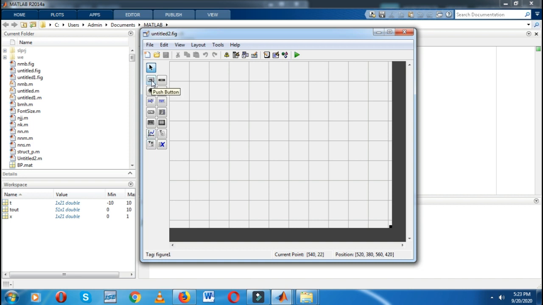The first one is the push button, then slider, then radio button, then check box, then edit text button, then static text, then pop-up menu, list box, toggle button, then we have the axis button, then the panel button, then button group, then ActiveX control. So there are different buttons.